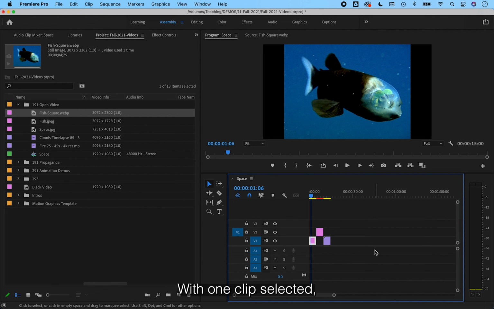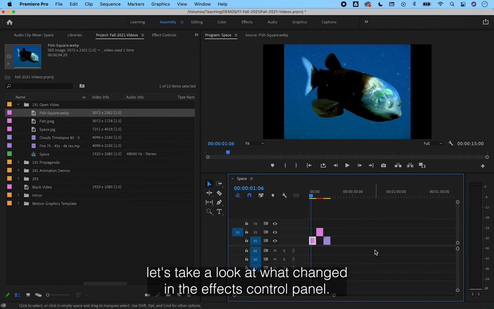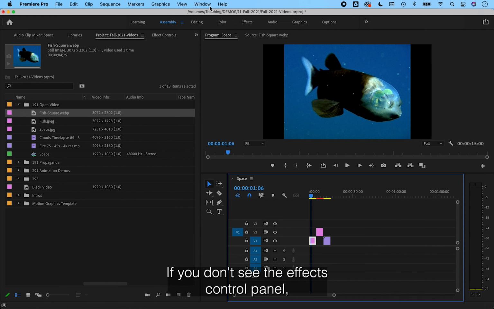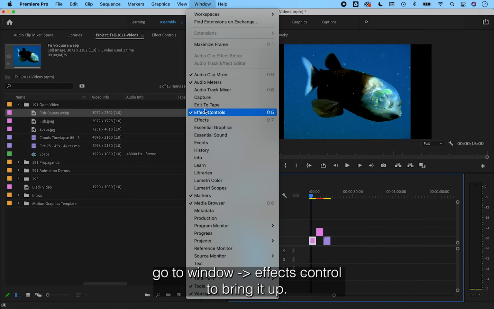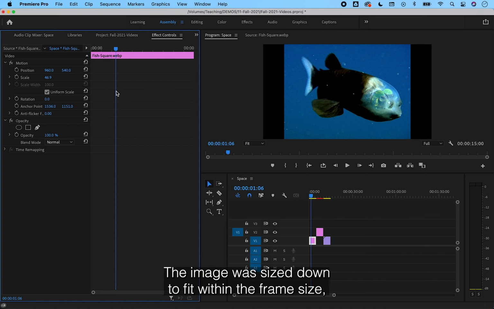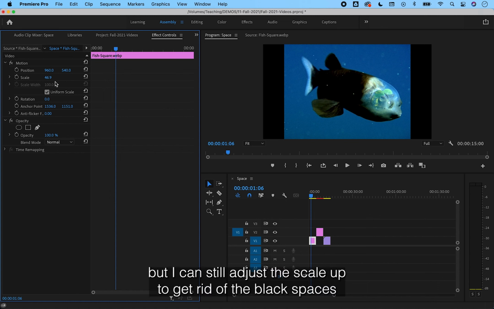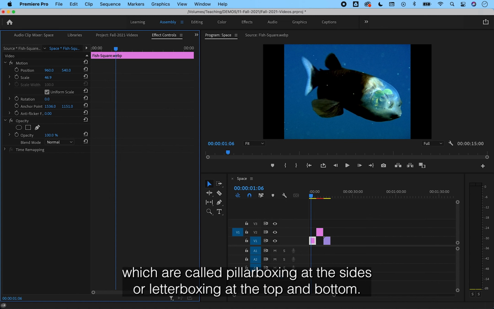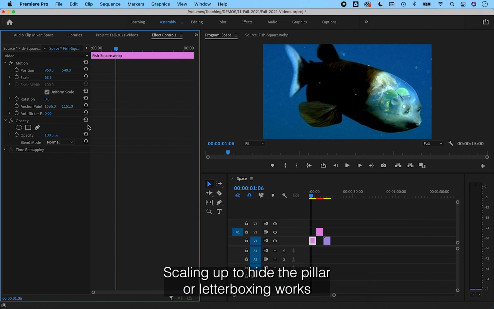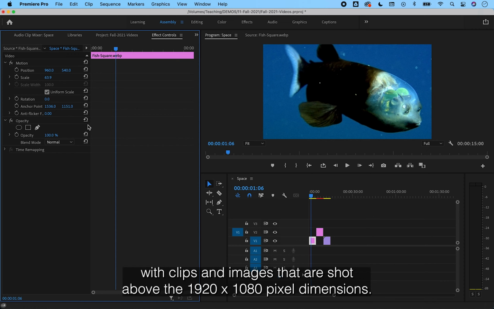With one clip selected, let's take a look at what changed in the Effects Control panel. If you don't see the Effects Control panel, go to Window, Effects Control to bring it up. The image was sized down to fit within the frame size, but I can still adjust the scale up to get rid of the black spaces, which are called pillar boxing at the sides or letterboxing at the top and bottom. Scaling up to hide the pillar or letterboxing works with clips and images that are shot above the 1920